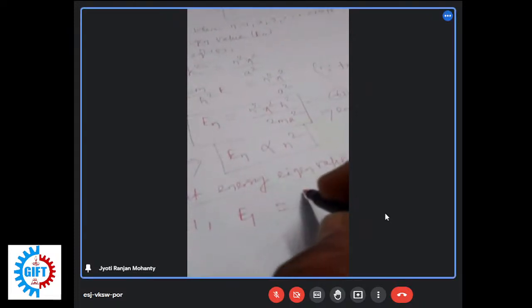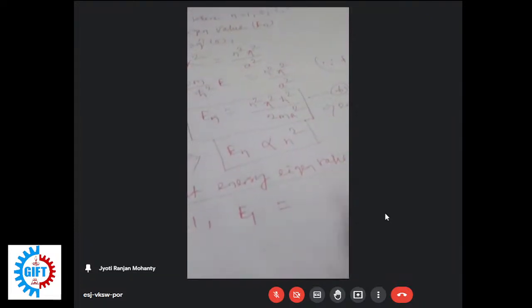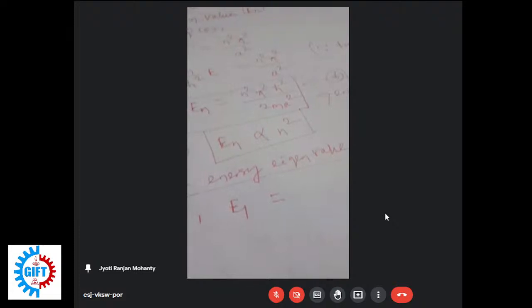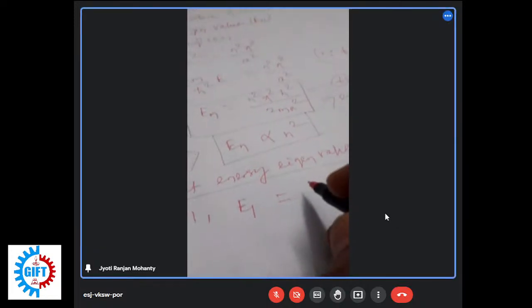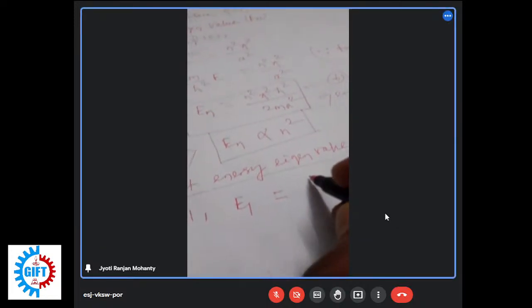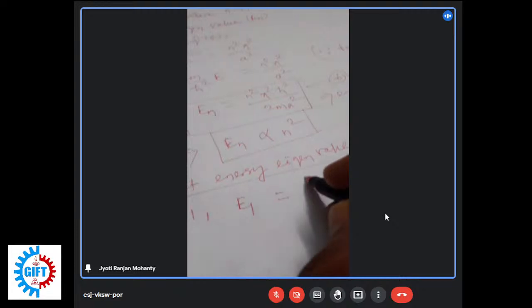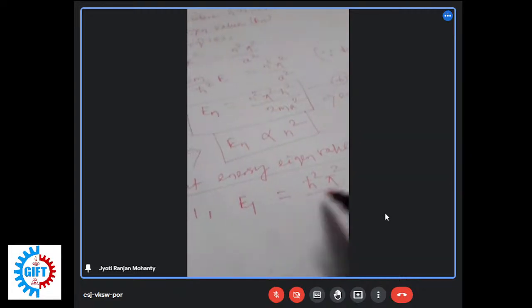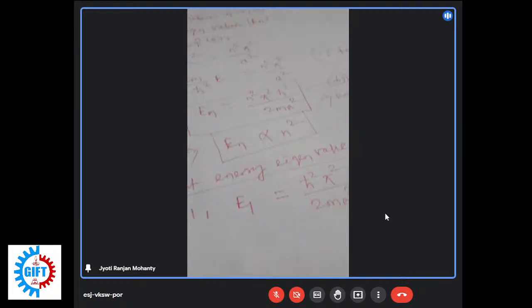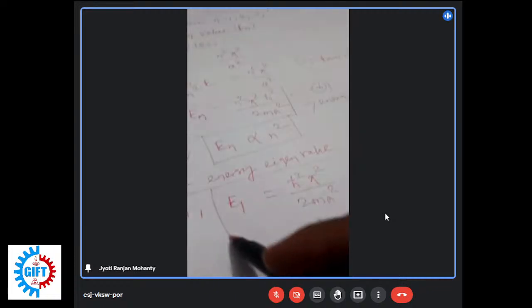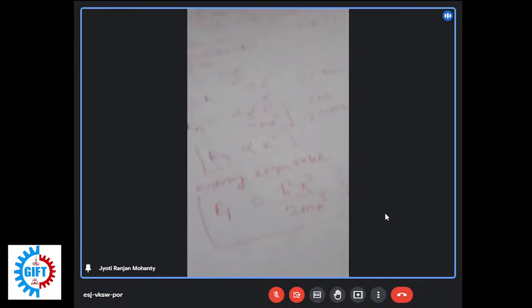For n equal to 1, that means E1 is equal to h cross square pi square by 2m a square. So this E1 is known as the zero point energy